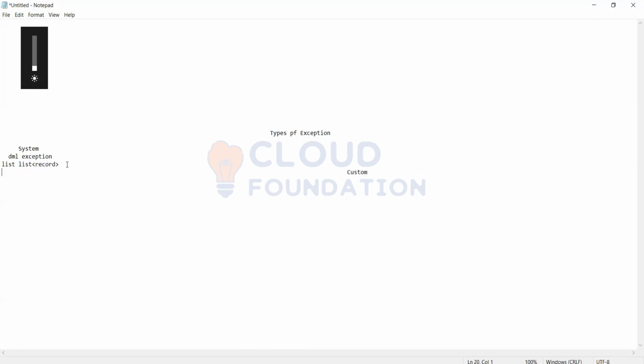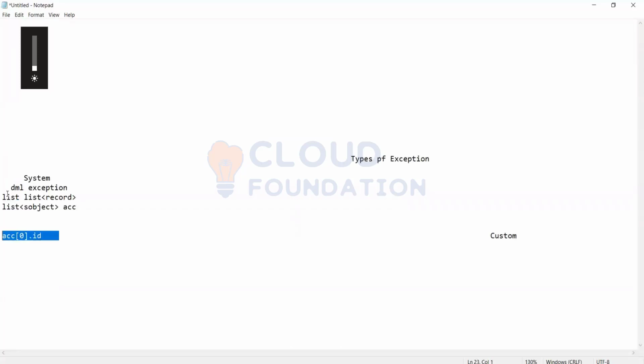If you try to get, like, from this list of sObject, say acc, for example, acc dot 0 dot Id, let me control press. If you want to get this Id,